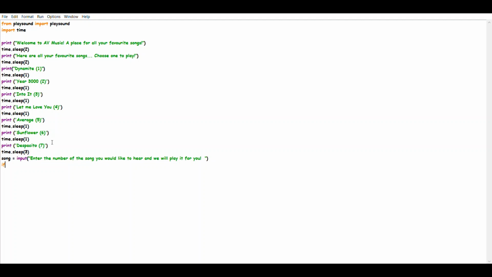Now we are introducing an if condition over here. Even in the previous one we introduced an if. If song is equal to 1, then it's going to print AV Music now playing, like the theater said, now playing Dynamite by BTS.